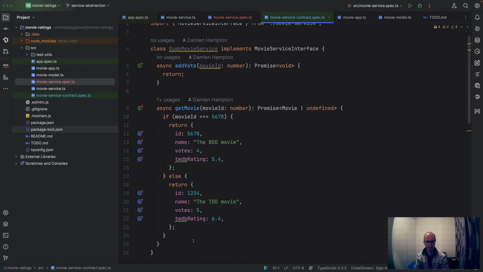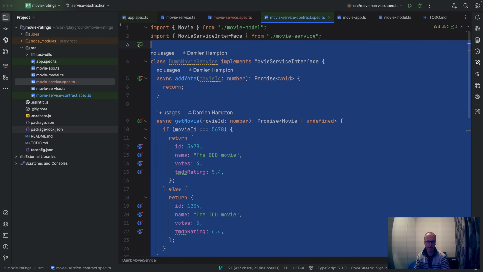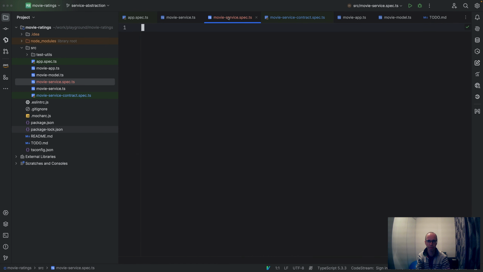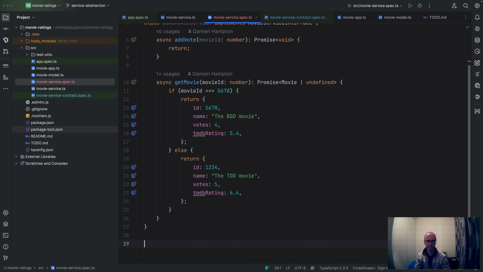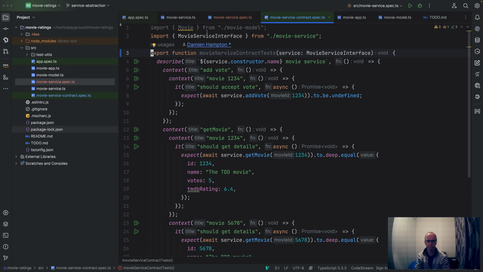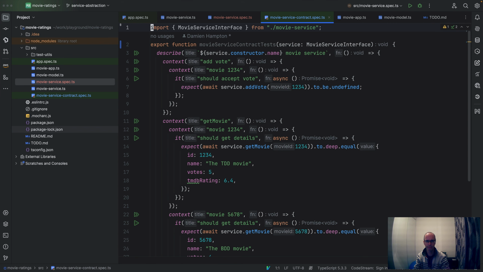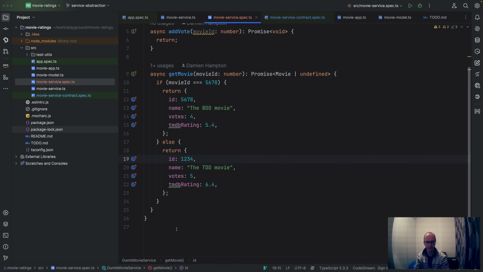I'm going to lift this implementation out of here and put that into here, and take that out of there. And then I'm going to call that from in here and say,